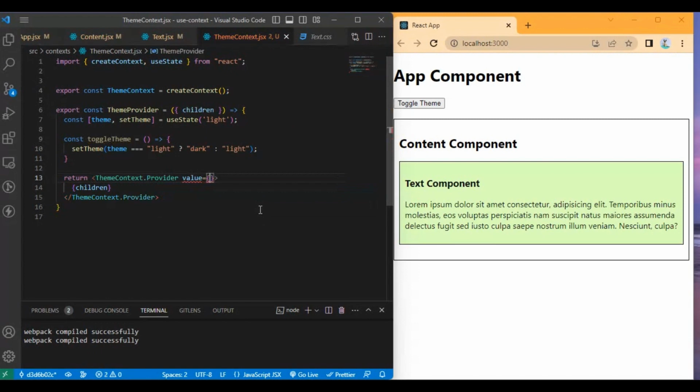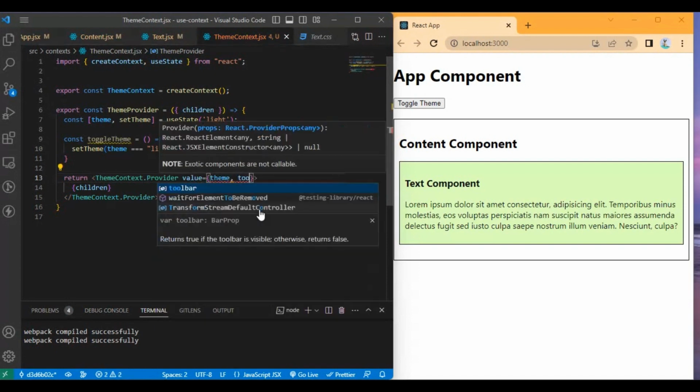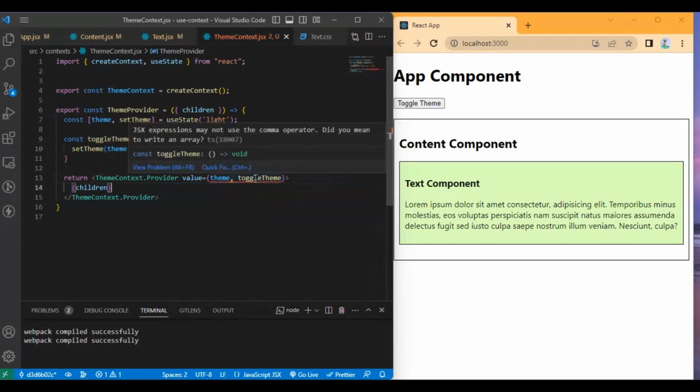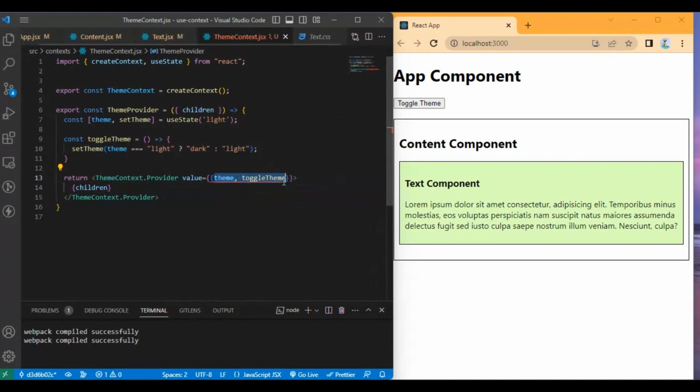And then I want to pass the theme and the toggle theme function. Create this as an object. And now we have the context and the provider, and now we need to create a consumer.